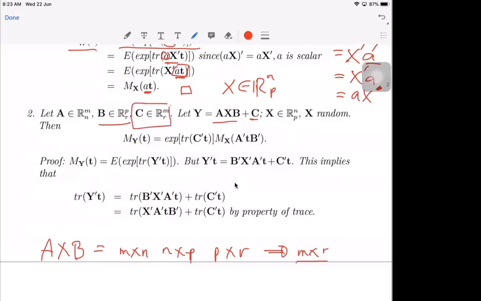So from X, an n by p matrix, to Y, which is an m by r matrix now. The moment generating function of Y will be equal to the moment generating function of X at A prime t B prime, times an expression